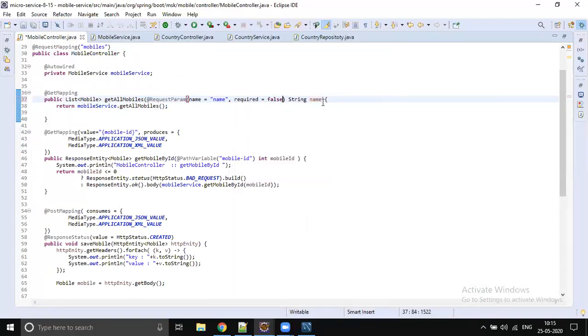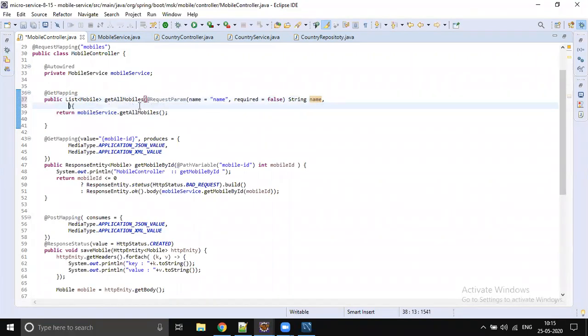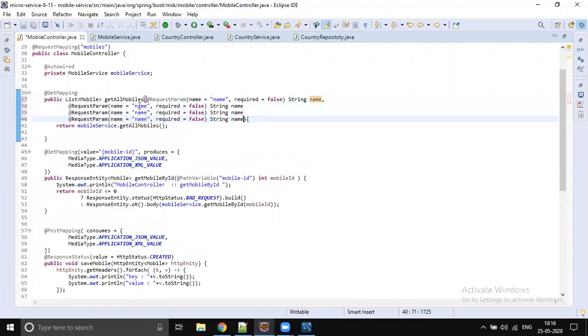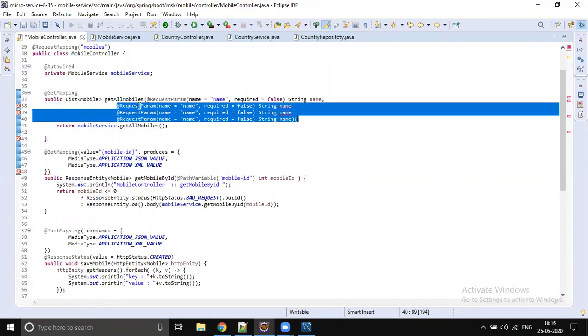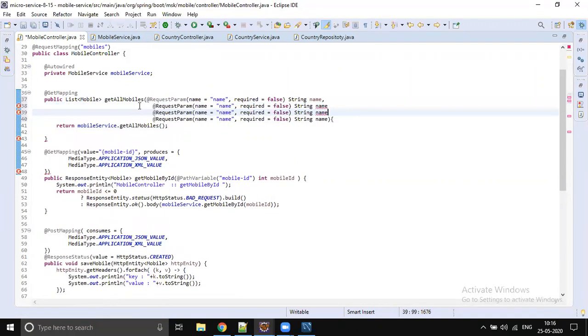May come, may not come. If it is coming, you should apply it. You're not supposed to return all the mobiles when the name filter is passed; you should apply that filter. The same concept is applicable for the remaining properties also: name, price, status, and LOB. All four filters we should implement.